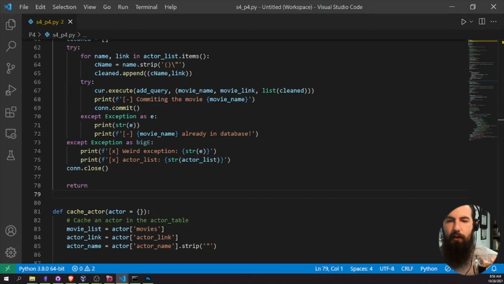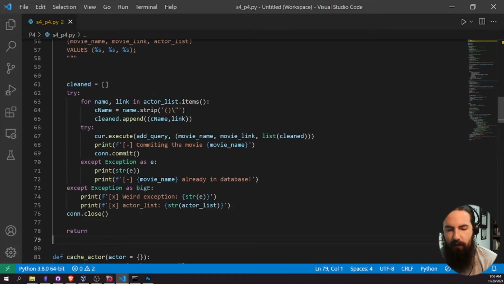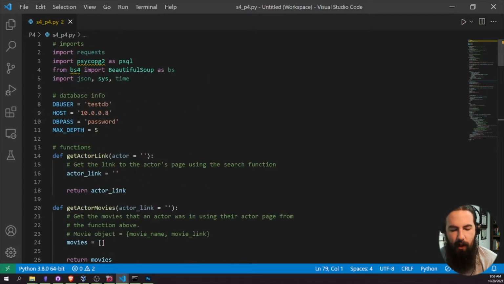Those are fairly simple, no real scraping involved there. Now, I'm going to copy and paste some code here in a second, and there's a reason why. It's because we've already done some of this stuff. So if we go up and we look at getActorLink, for example, that's literally just the function that we wrote earlier to get the actor's link from the search page. So that's why building out the simple scrapers before moving on to spiders is super valuable. You can start simple, start small, and then iterate up and copy and paste tons of code. So if you don't know the code that I'm copy and pasting, I will walk through it,